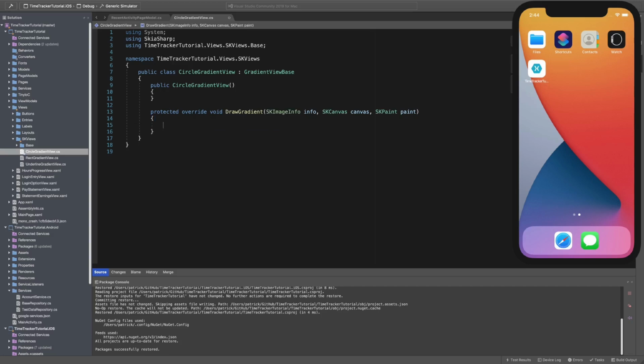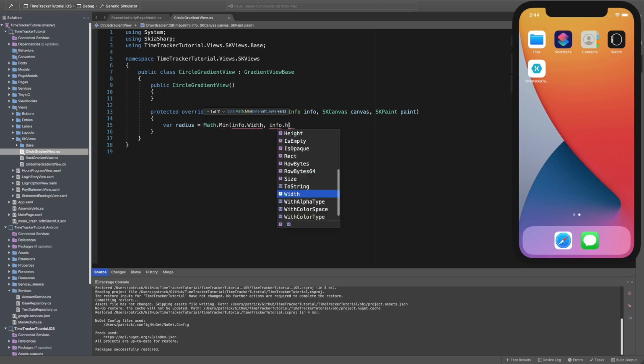Now on draw gradient, all we really need to do is draw this circle to the canvas. So we can say var radius to declare how big our circle is going to be. And this will just be something like math.min, and it'll be the smallest size between the width and the height. So we'll get that from info, and it'll be info.width and info.height. And this way we don't end up with an oval when we use this gradient. And the next thing is we just need to draw it to the canvas. So we'll say